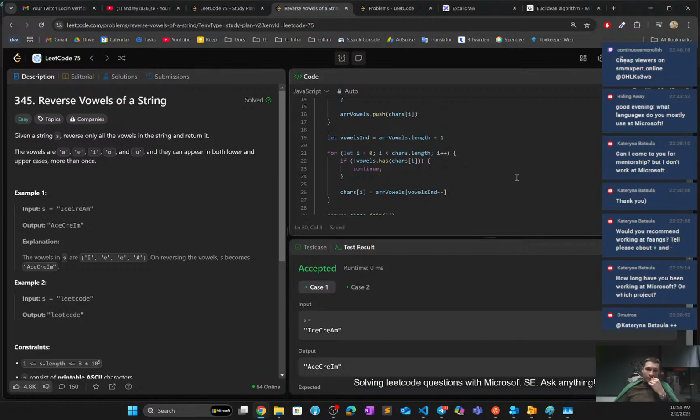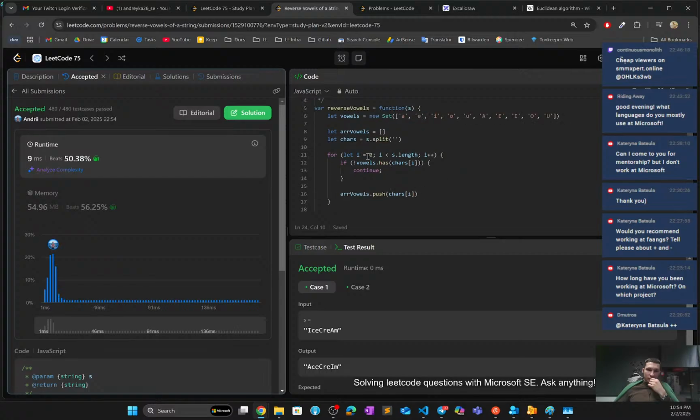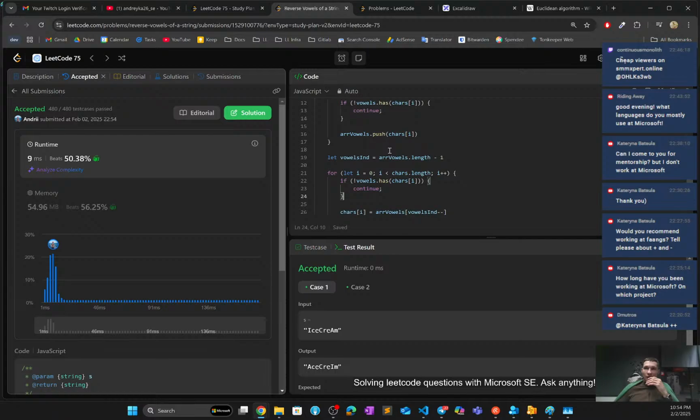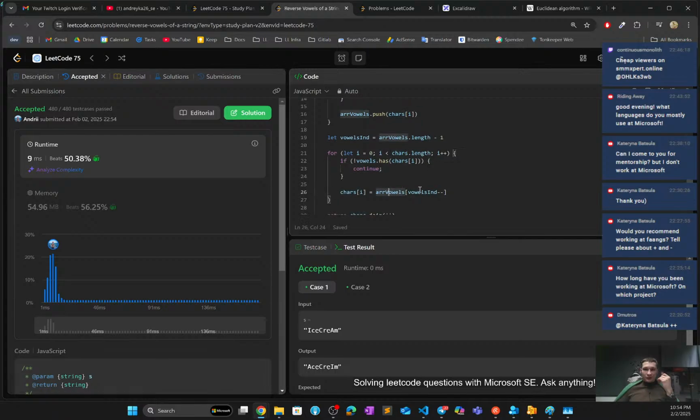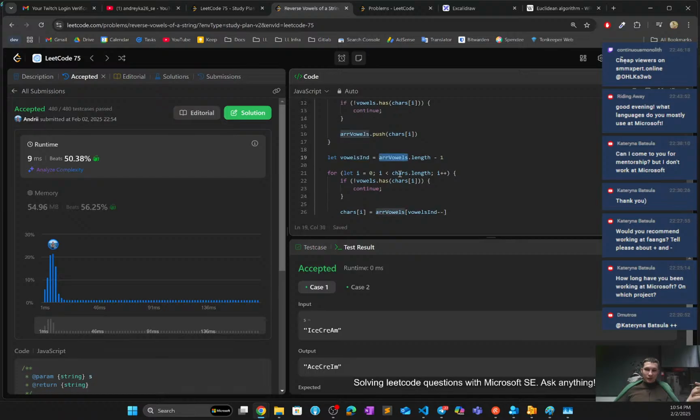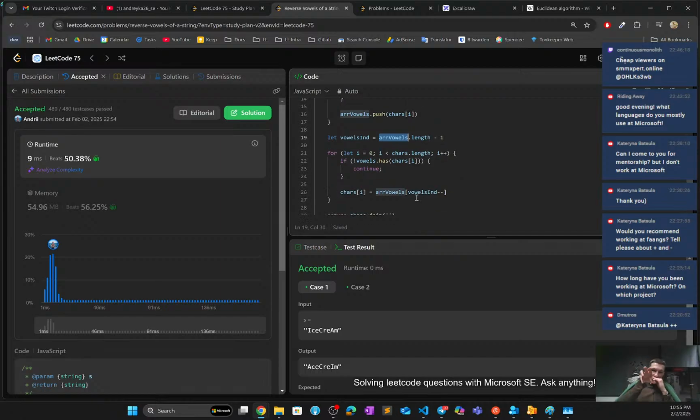what we changed is that i and the index in our vowels array are not the same, they are not connected in any way. We created a specific index for our accumulated vowels, and we are moving from the end, and every time we replace a character, we move one index less, and this way we always go sequentially from the end to the start. About the complexity, so basically